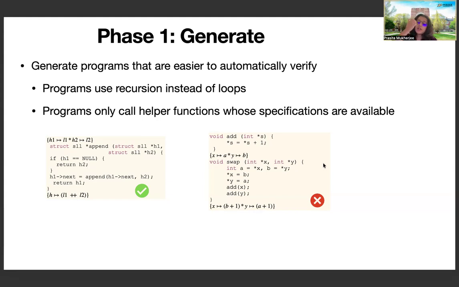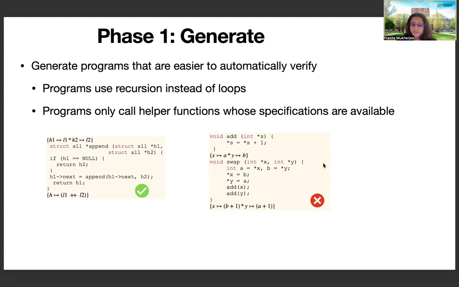It makes two calls to the helper function add, and add here is not equipped with the specification. Therefore, even though the program is correct, SYNVER rejects it. Now, why do we do this? Because, similar to the loop invariant case, coming up with a specification for a novel function is very challenging, and that would also often require user input. And we don't want that. We want to automate this process. Therefore, placing these syntactic restrictions in our search space moves us a step closer towards automatically constructing these programs that